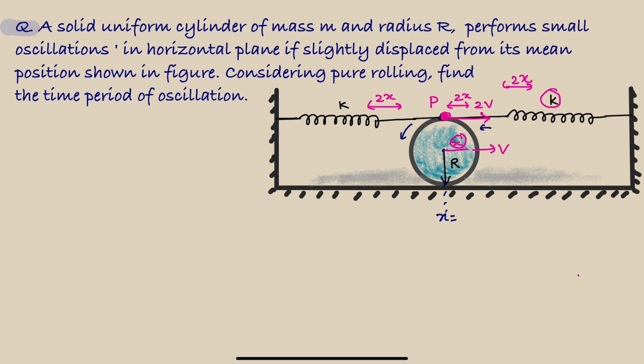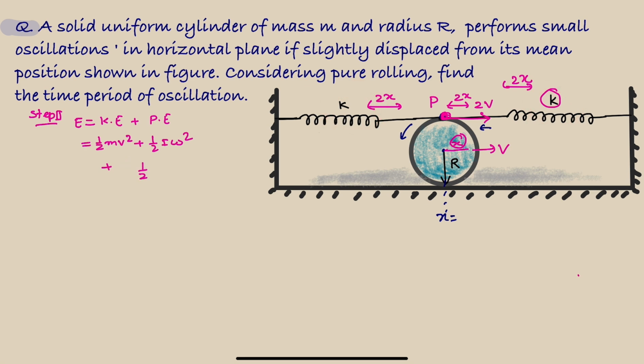Now I will write down the total energy. So total energy will be as follows: kinetic energy plus potential energy. In the kinetic energy, first we will write down the translational kinetic energy of the disk, half of mv square. Then we will write down the rotational kinetic energy of the disk. Now, when it comes to potential energy, there are two springs, so we will have to write down the potential energy for both the springs. So that will be equal to,